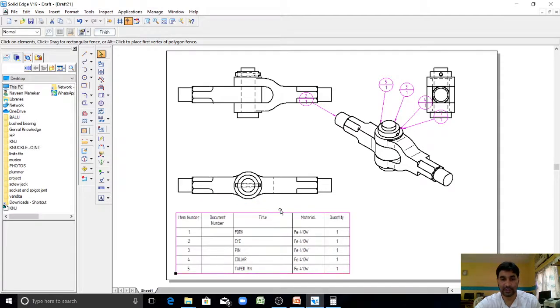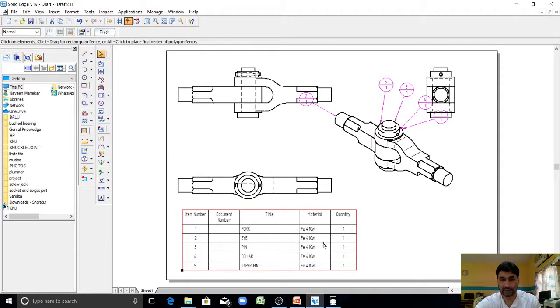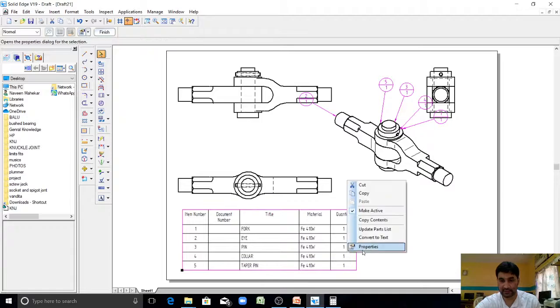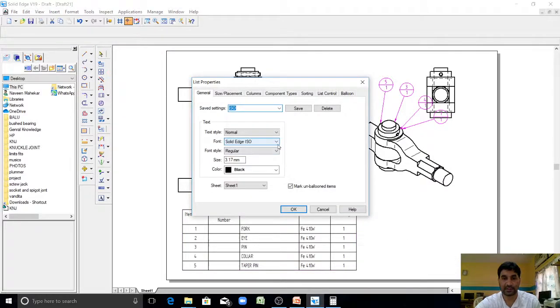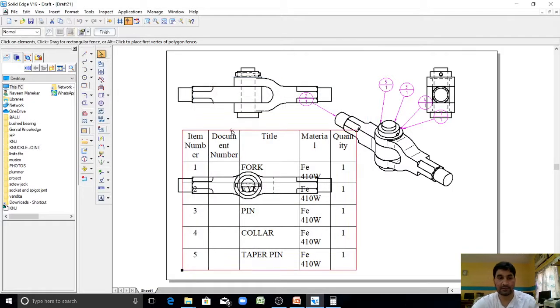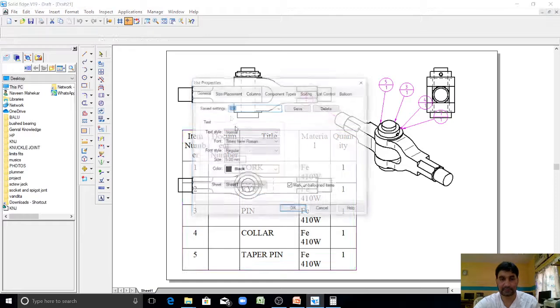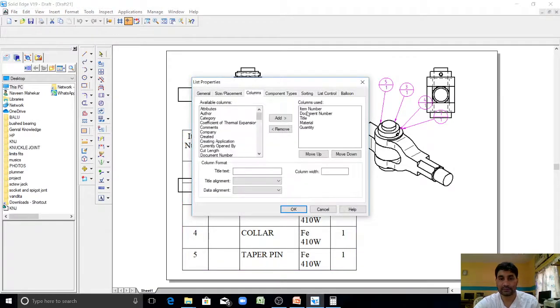Now you can edit the content of this. In order to edit this, right click on this, click on property. You can change the font to Times New Roman and make the height as 5 mm. Click on properties here. Columns, you remove the document number which is not required. Item number, I'll make it as serial number.